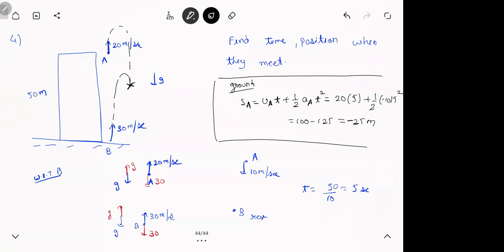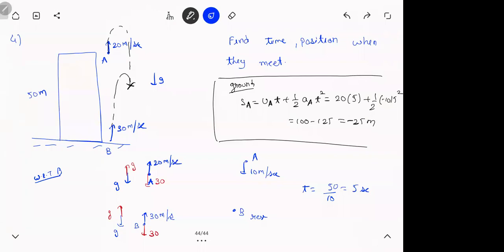So if they ask you the time itself, it is pretty easy actually. It saves you a lot of time. If you remember how we used to do this, we used to assume they collide x distance here, let this be 50 minus x. We used to write x is ut plus half at square, and then we used to solve. No, that is not wrong. It might take another 30-40 seconds more. Time becomes important, people. You guys don't realize it because you are not writing the actual paper. Clear with this? Next one.